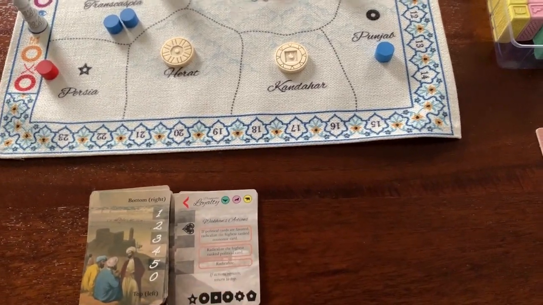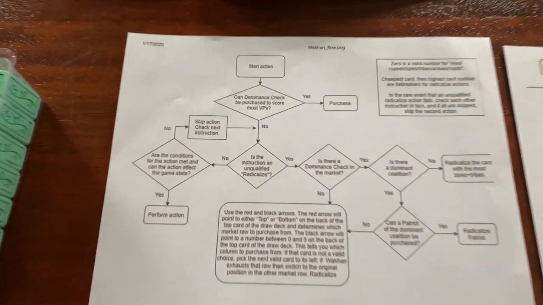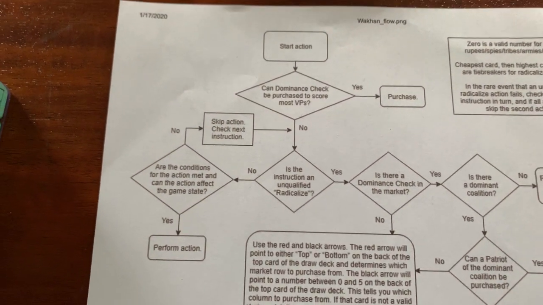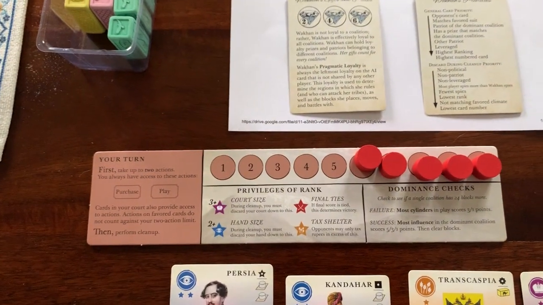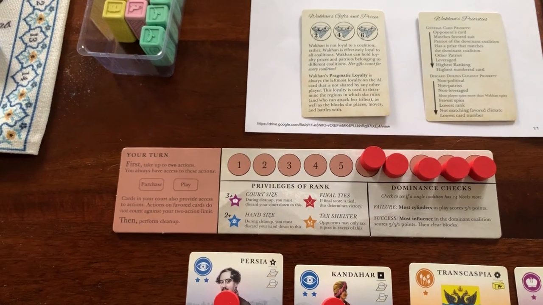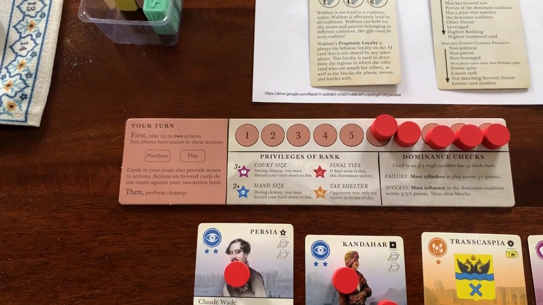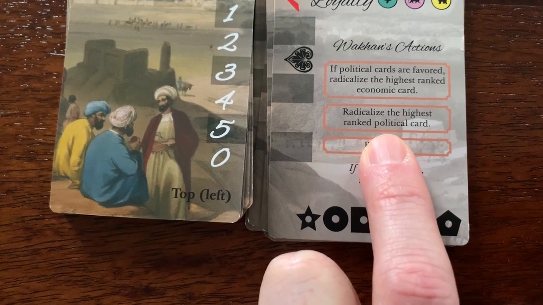Okay. So now if we were to do Wakhan's ambition again, can a dominance check be purchased to score the most VPs? So once again, she has the money to afford it, but now we're tied with cylinders. So it was a good thing that we did what we did our last turn, because she's not going to buy that dominance check because we're tied. So she's going to radicalize the highest ranked political card. Well,